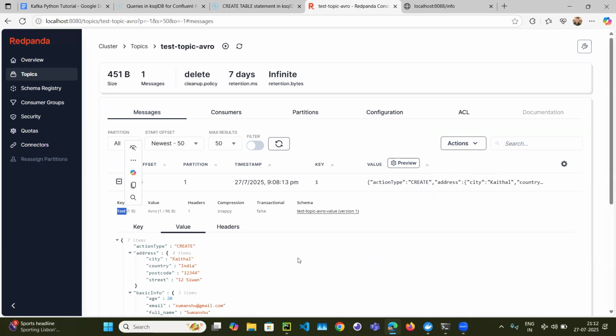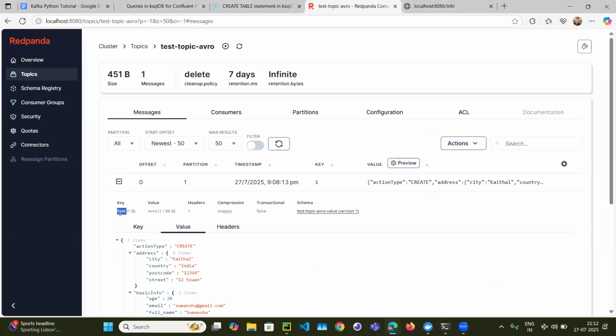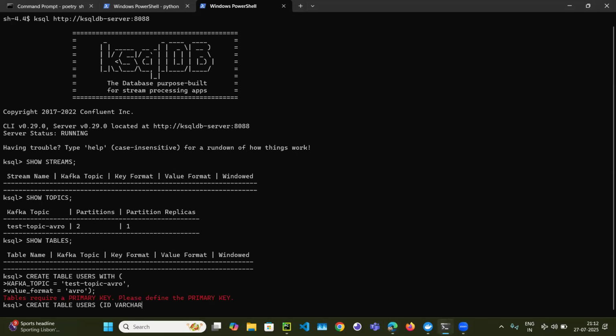So if you see, this is of type text. So the same type you should give here. It is a varchar, so I can give varchar. Let's suppose if my text is something else, like integer, then I will give int or bigint. All right, ID varchar, then primary key, and then I can give